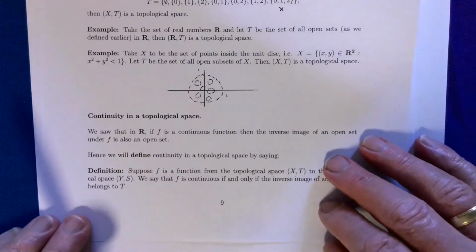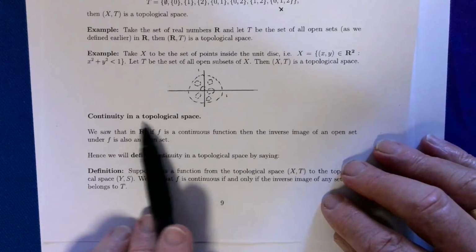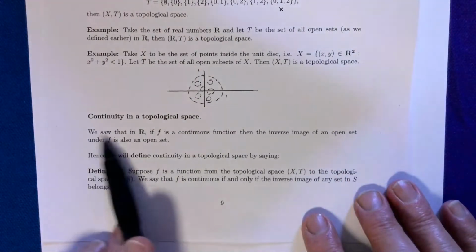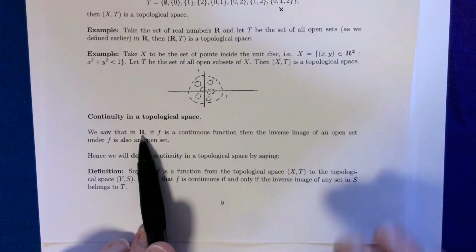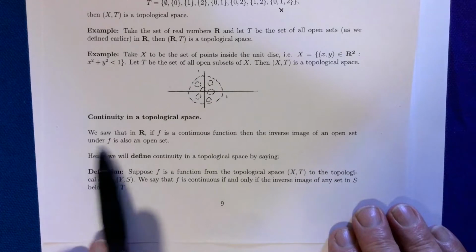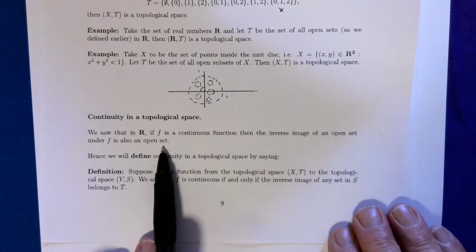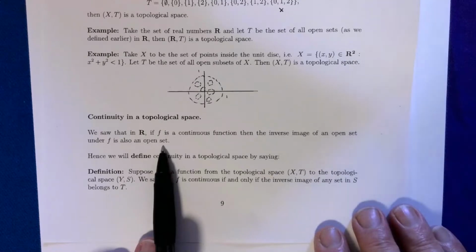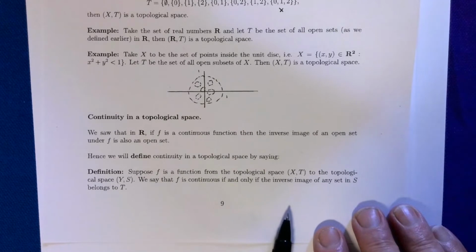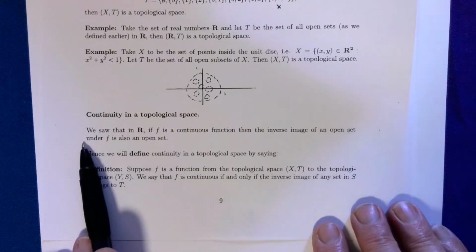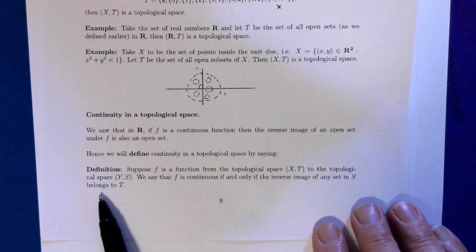And I want to now try and define what we mean by continuity in a topological space. So we saw that on the real line, if f was continuous, then the inverse image of an open set was also open. And we saw that if it was not continuous, I showed you an example of where the inverse image of an open set was not necessarily open. So we're going to take this now and use this as the basis of our definition of continuity in a